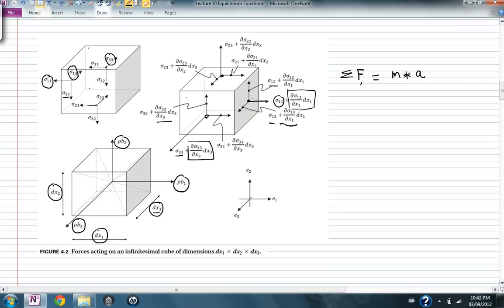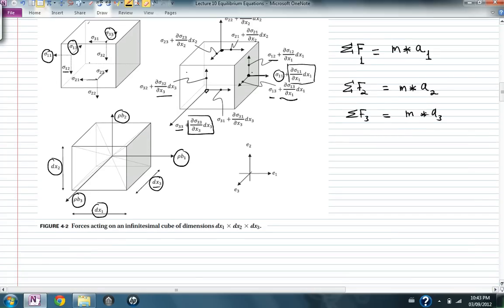The sum of forces in the direction 1 are equal to the mass multiplied by the acceleration in the direction 1. The sum of forces in the direction 2 are equal to the same mass multiplied by the acceleration in the direction 2, and the sum of forces in the direction 3 are equal to the mass multiplied by the acceleration in the direction 3. So the first equation